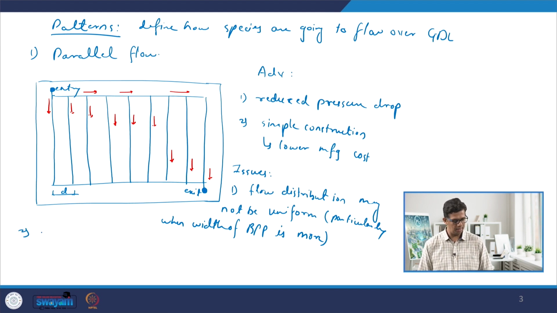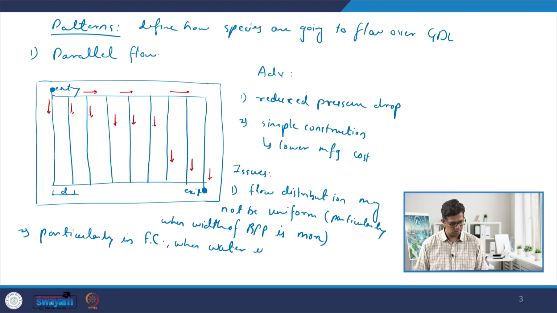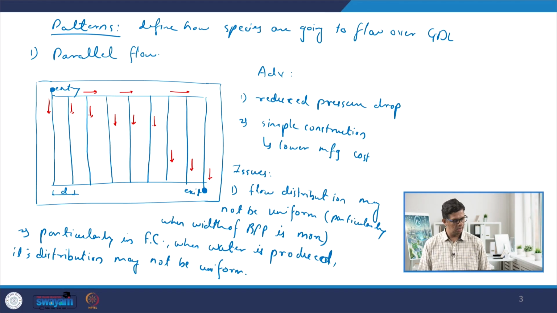The second one is particularly in the case of a fuel cell. When water is produced, its distribution may not be uniform. And where does that lead to? That leads to more